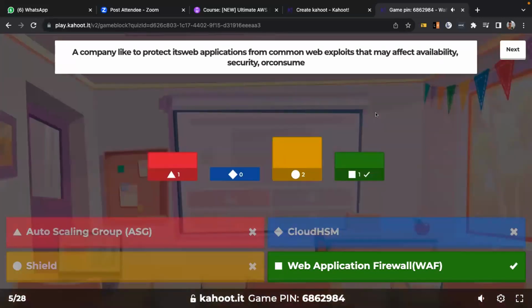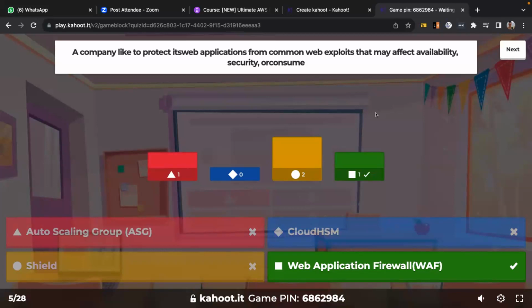Okay, two people say it's Shield, but as I said, with Shield you want to protect your servers from DDoS attacks. So how can I define DDoS attacks? When you have someone trying to attack your server, and they send many requests to the extent that your server becomes weak, that's what we call a DDoS attack.